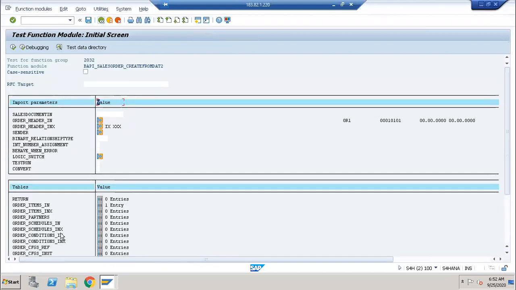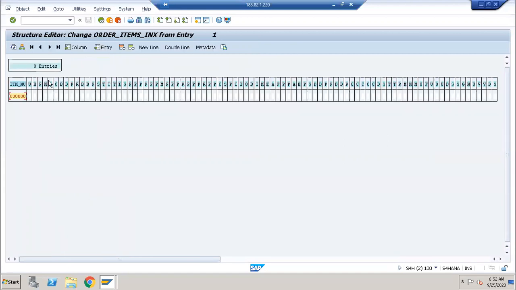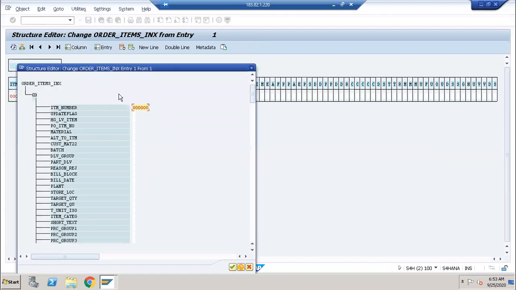Same structure will be there. I have just now passed data in order items IN. If you see here, one entry is available, because I have just entered one record. Now I have to click on order items INX also, and here also I have to pass the data. Click on this button. What item number have I given there? Item number 10.